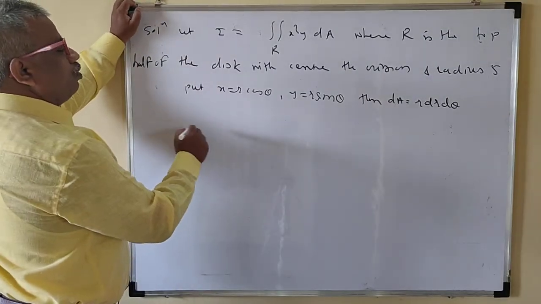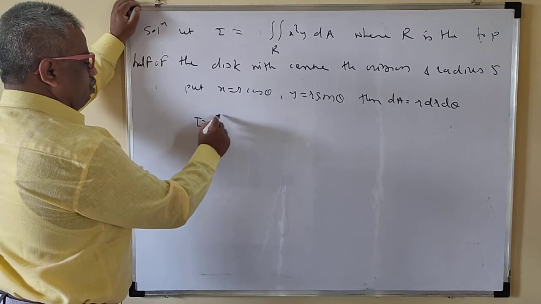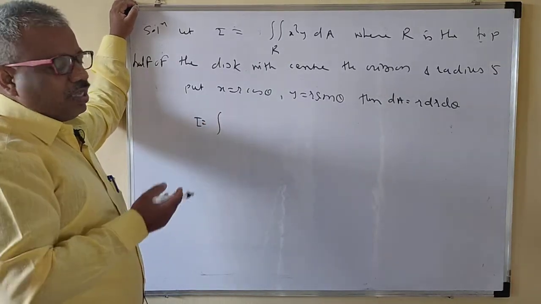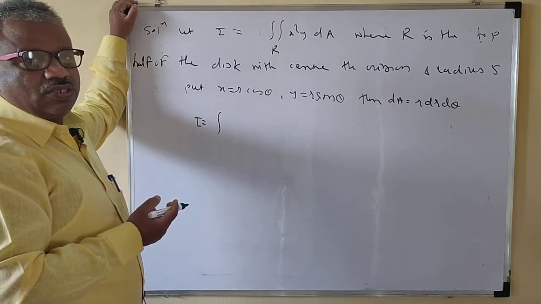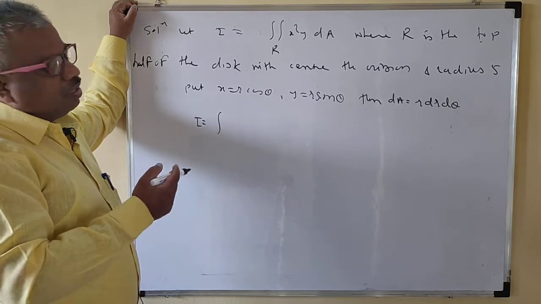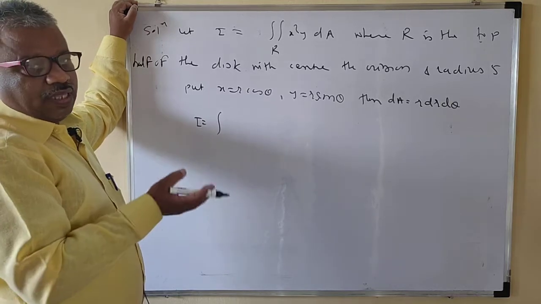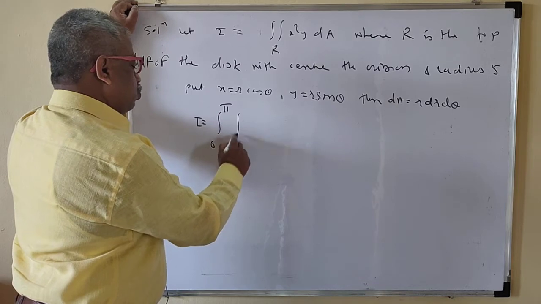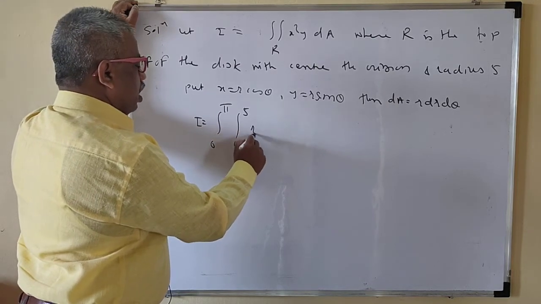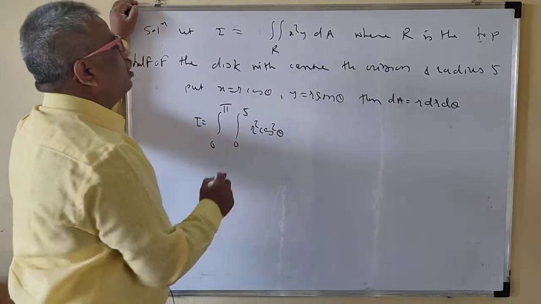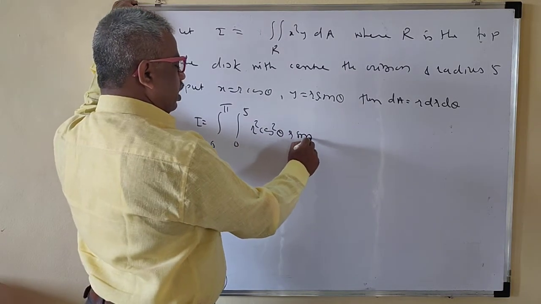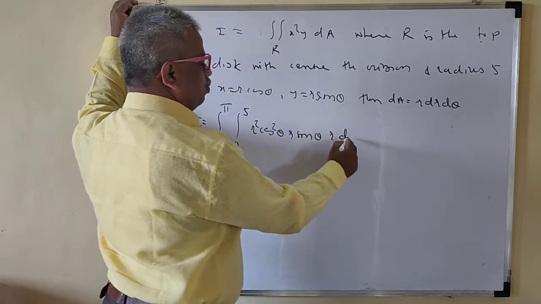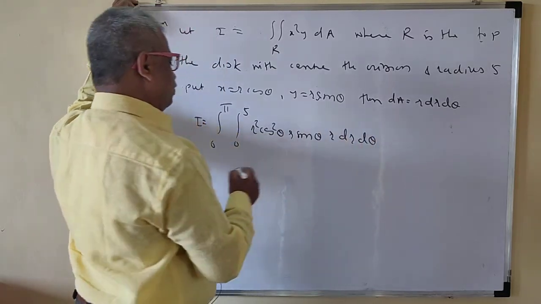So now your I is equal to, you have to consider the upper half. No need to draw the figure; you can write this very easily. Your radius is 0 to 5, and your theta is 0 to pi, because it is the upper half. So I write the integral from 0 to pi, then 0 to 5, of r squared cos squared theta into r sin theta r dr d theta. Now these are the limits of r, so I have to integrate with respect to r first.